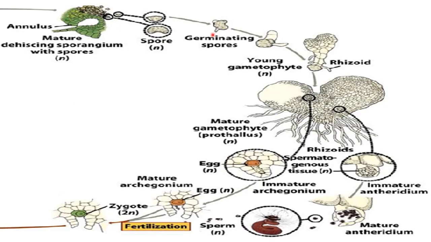I was not able to show you this complete life cycle or this complete diagram in one slide. That's why I have shown you like this. Okay, you just make it in the form of a complete cycle: after the zygote the embryo is formed, then the embryo after development makes the sporophyte, and then the sporophyte has the sporangium. Okay, let's join this diagram with the previous one and make a complete cycle.